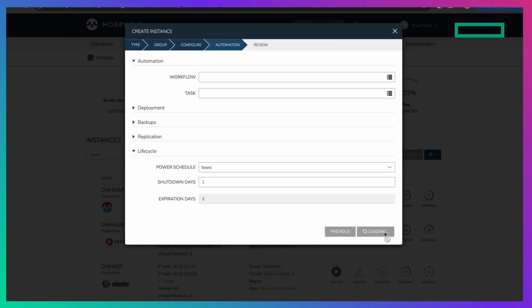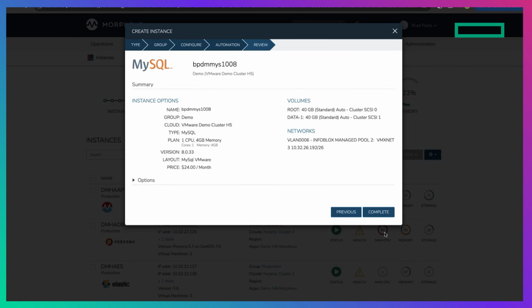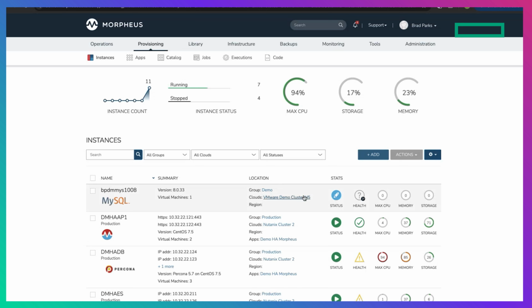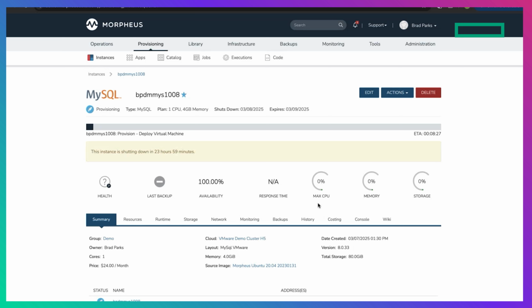So I'm going to click Next, and that's it. I'm going to get a nice little summary of what I've requested. I can hit Complete, and now this machine is going off in provisioning. That end-to-end workflow, all of those steps that you saw me run through, in a traditional IT environment, that could take hours, if not days, or even weeks sometimes for the networking team, the VMware team, the storage team, the backup administrator to all coordinate so that I, as an end user, get the database that I need. This really is what we mean when we say bring the public cloud experience on-prem, because I just went to a portal, made a couple of choices, and I was able to get what I wanted on demand.